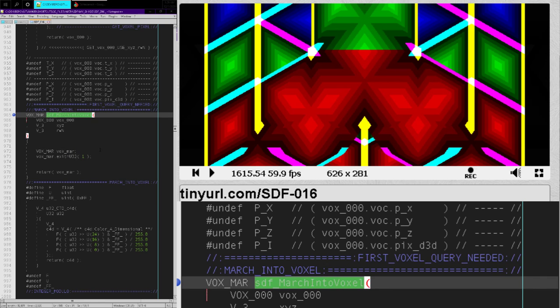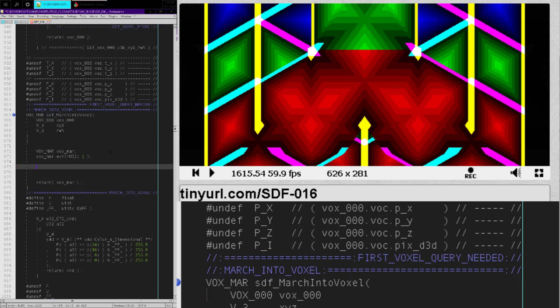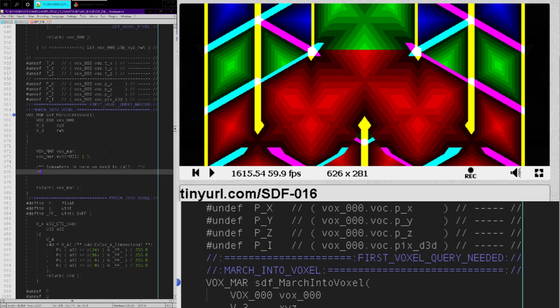And let's figure out, somewhere in this code, we need to call something like SDF